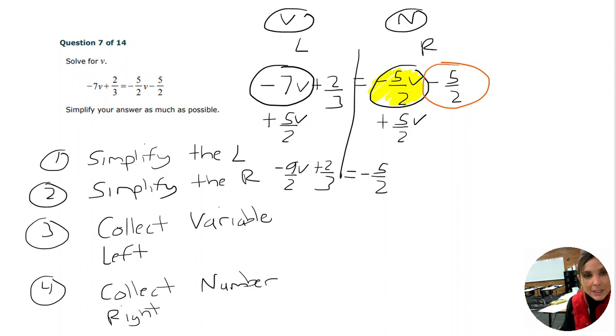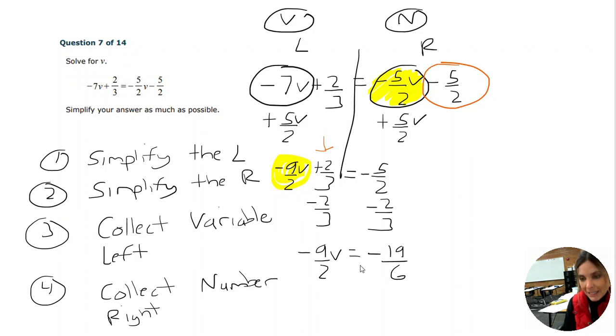So when we look at this equation, we have a variable term here, right? We want to isolate this variable term. We do not want this number on the variable term side. So to get rid of that 2/3, we're going to subtract 2/3 from both sides. And that leaves us with a negative 19/6. And so now we have a negative 9/2 times v equals a negative 19/6, and then our very